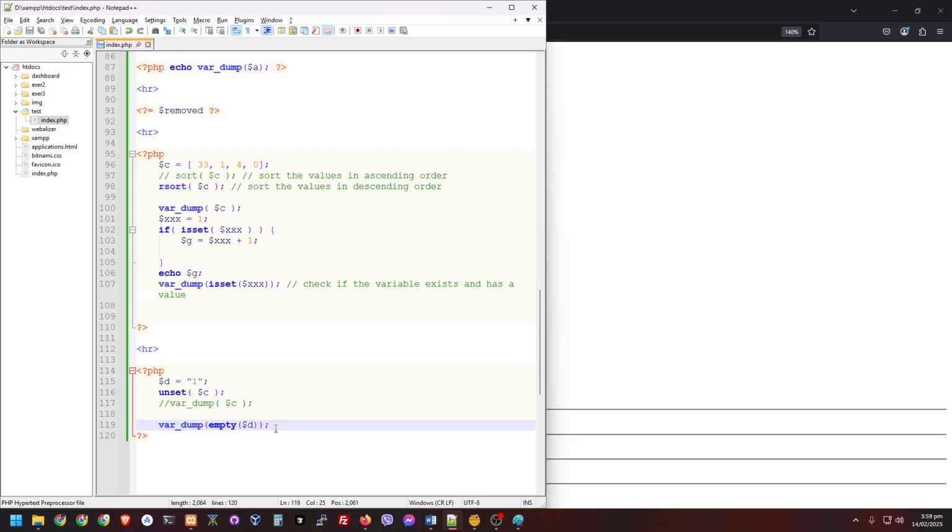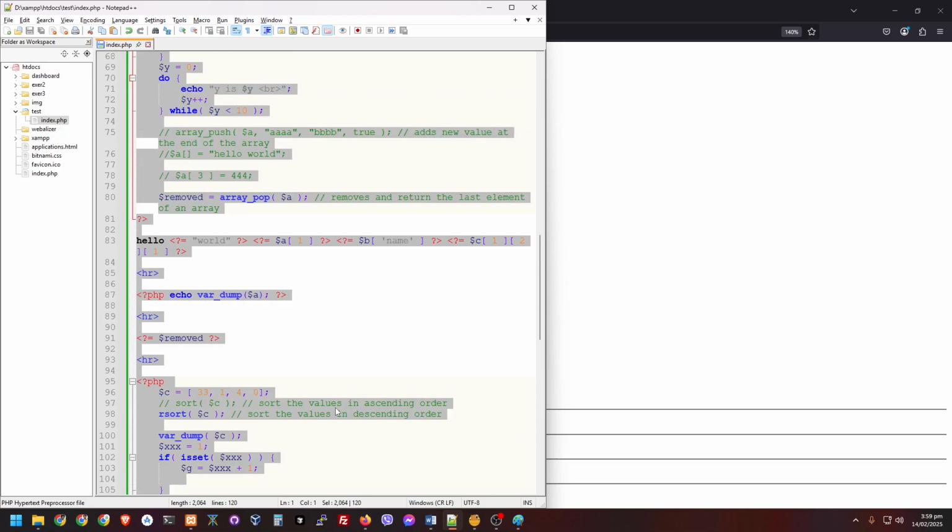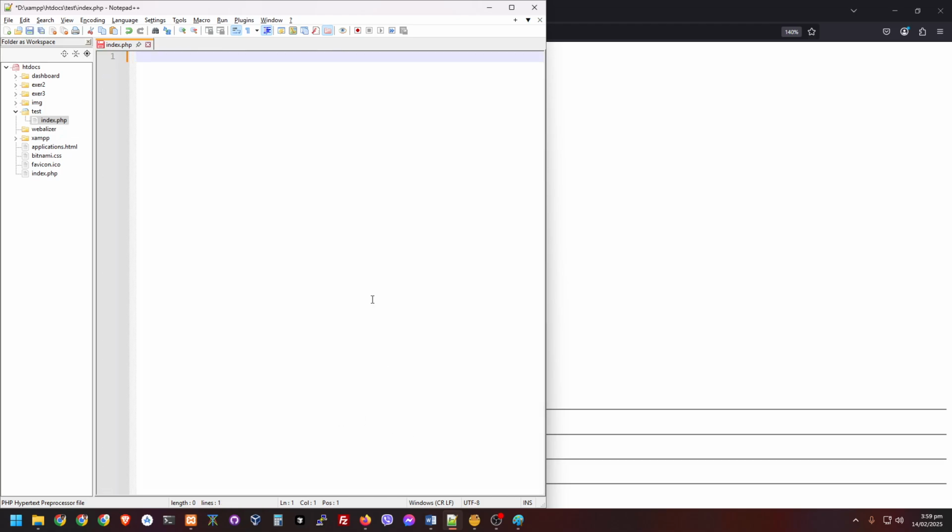Okay. What else? Let me check here. Okay. So let's try to remove all of this to make a clean start. So we have discussed array earlier, but there are also what we call super global arrays. So these super global arrays are built-in arrays which you don't need to declare, and PHP will make it available for you. So like for example,